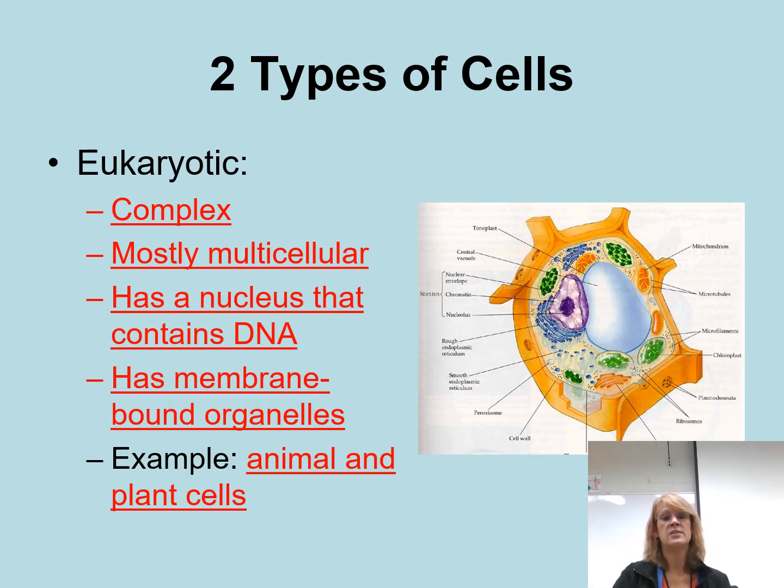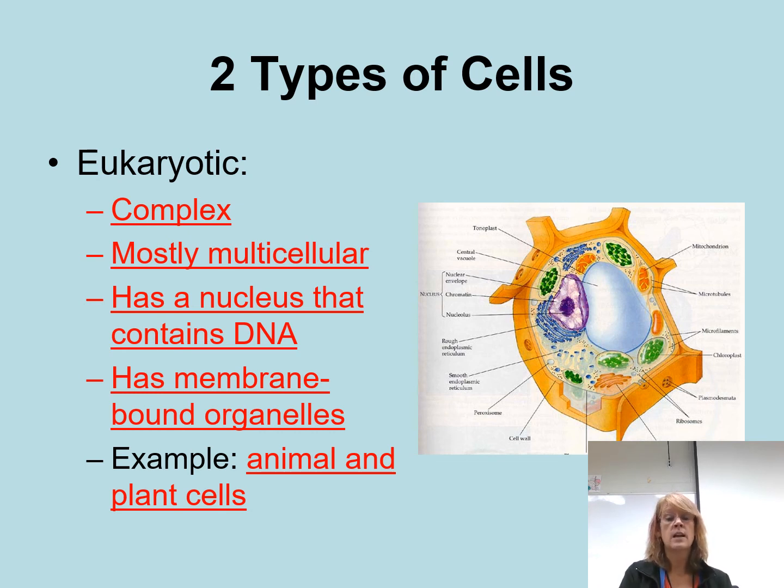All the other cells in nature are what we call a eukaryote. So things called protists, algae, fungi, plants, and animals. The root word eu means true or real, and again, kary means nucleus. So eukaryotic means it has a nucleus. It has this box that we use to hold the DNA, and that's going to help protect the DNA. So the term eukaryotic means it has a nucleus, and that nucleus is going to hold the DNA, and it's going to help protect it. Think of the nucleus as a safe.